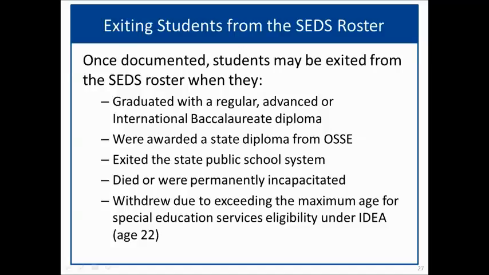So we were talking about how students come off of your SLED roster. Now we'll talk about how students get removed from your SEDS roster, the Special Education Data System. Once documented, students may be exited from the Special Education Data System if they graduated with a regular, advanced, or IB diploma, if they were awarded a state diploma from OSSE, if they exited the state public school system, if they died or permanently incapacitated, or if they withdrew due to exceeding the maximum age for special education services eligibility